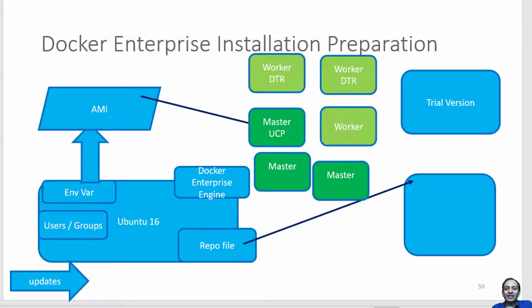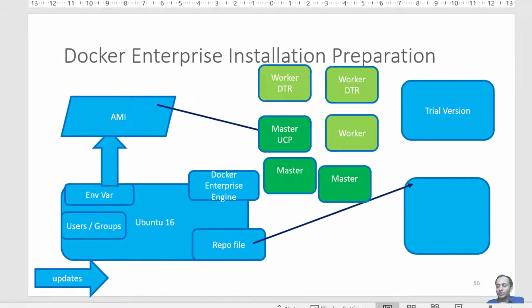Hi, now let us understand how to add more nodes into the Docker cluster. Already we have a master node where we have installed the UCP. Now I am going to start a couple of nodes and make them worker machines. Let me go ahead and start a couple of more machines.